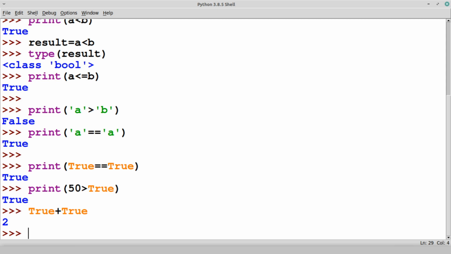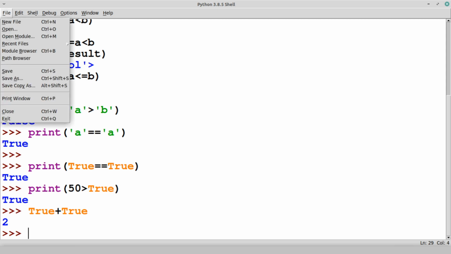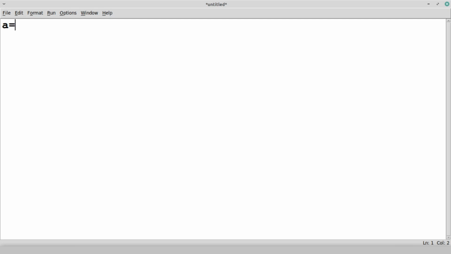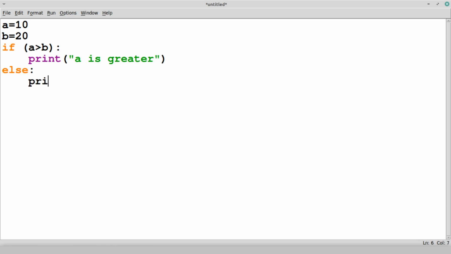For simplicity, let's create one program here. a equals 10, b equals 20, and use the if statement: if a greater than b, print a is greater, and in the else part, simply print b is greater.